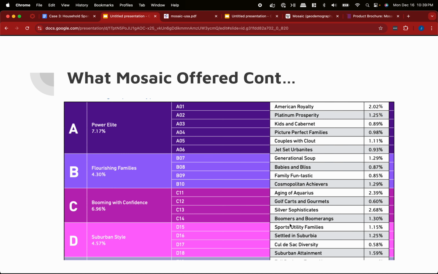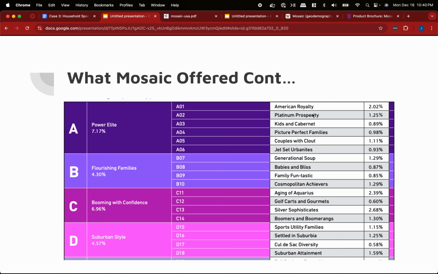If you look at this example, this is from the Mosaic site. You can see here that they have a multi-tiered classification system where they group, the top 6 or 4, or, the classification is determined by them, how many are in each main category, such as the power elite, flourishing families, booming with confidence, etc. But then you can also see within that they have subdivided that amongst other subcategories, which